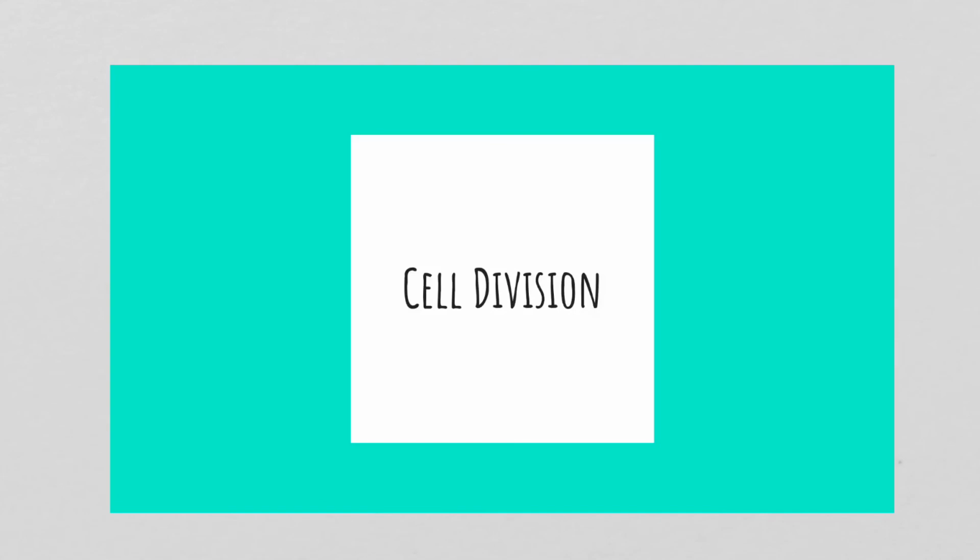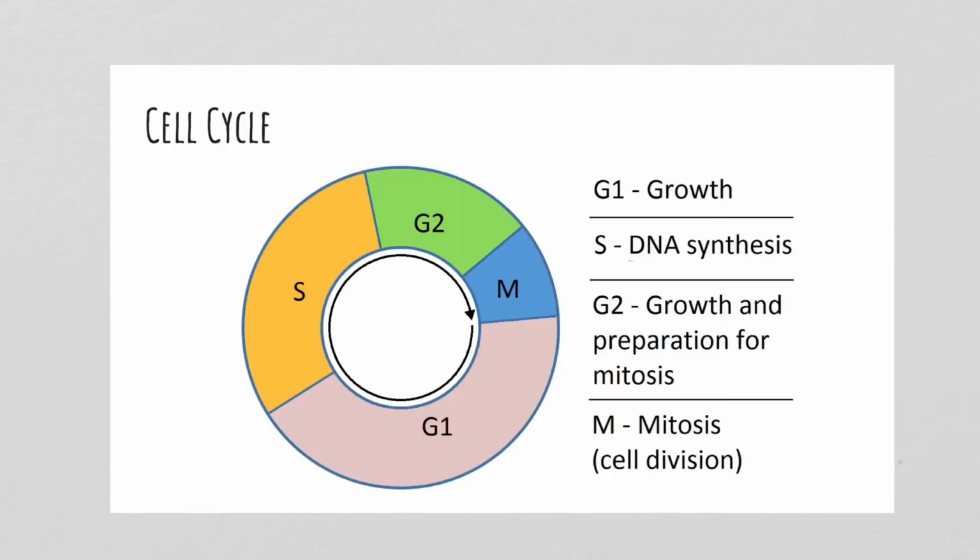Okay, so let's talk a little bit about cell division. In terms of the AP test, you're not going to have to know all the details of mitosis, so I am not covering mitosis. What they really want you to understand are things like the cell cycle. So again, just a quick reminder, our cell cycle is divided really into two phases overall. Those two phases are interphase and M phase. And in case you don't know already, interphase is divided into three more sections called G1, S, and G2. M phase is divided into prophase, metaphase, anaphase, and telophase.